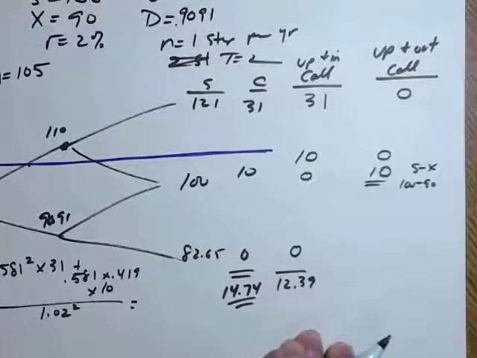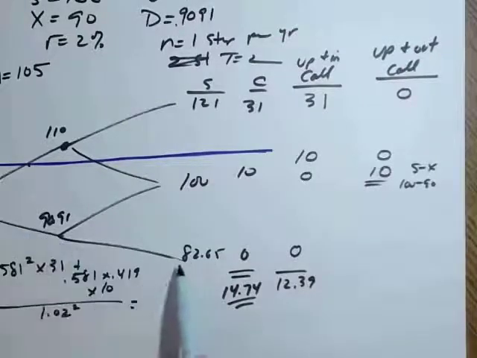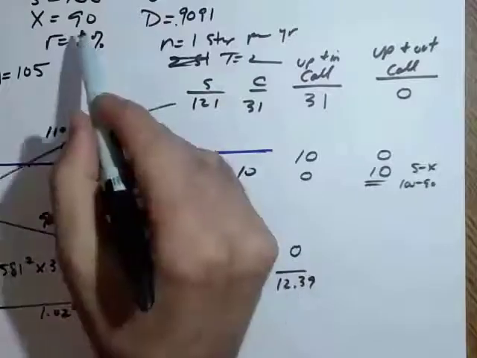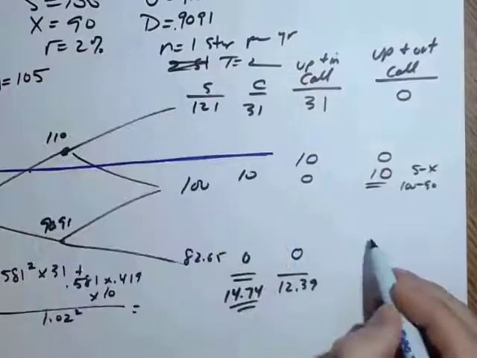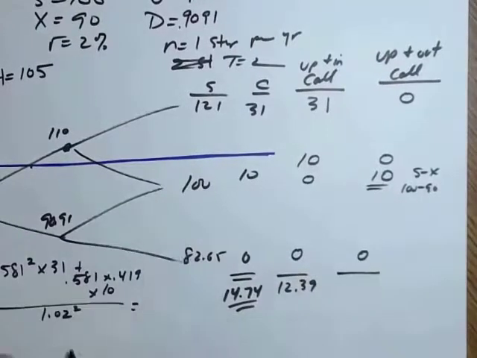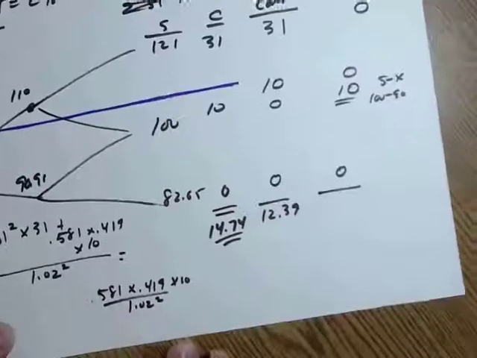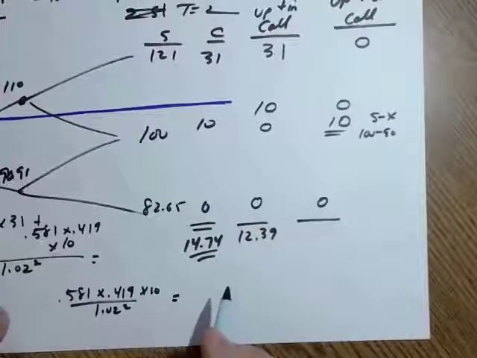Okay. And then here, the option, it's a call option that never pays off. It ends up at a price below its strike, so the payoff is 0. So now what we have to do is discount that 10% back by the probabilities. Discount it back, adjust it for the probabilities, discount it back at 2%. So it's 0.581 times 0.419 times 10 divided by 1.02 squared. And we get